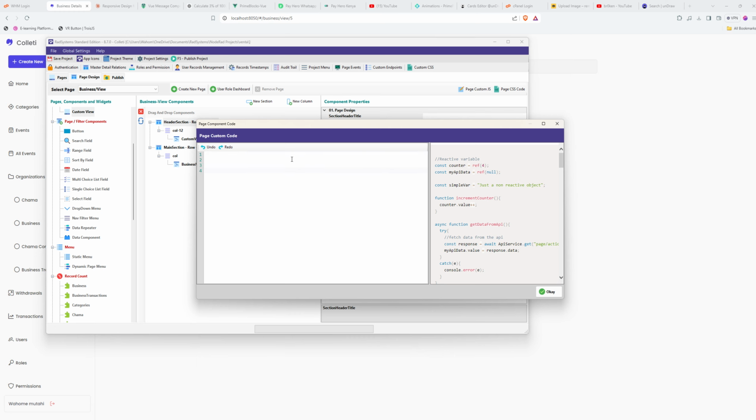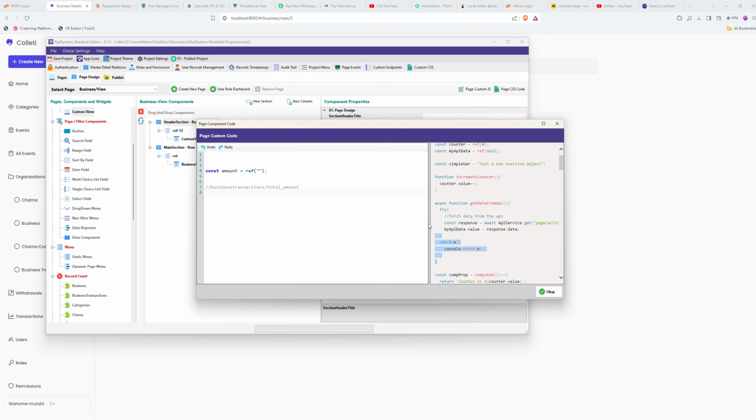I'm just going to come here and say const amount is equal to ref. I'm just going to leave it empty like that, and then I'm going to paste this API call here, copy this and put it here. Then I'm going to grab this just the way it is and put it here,